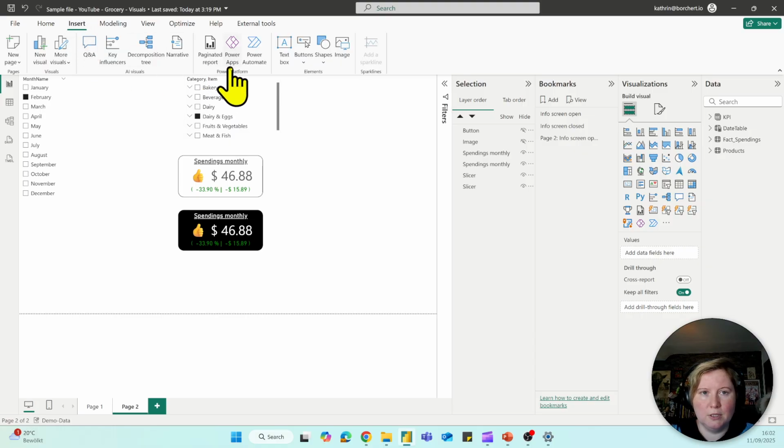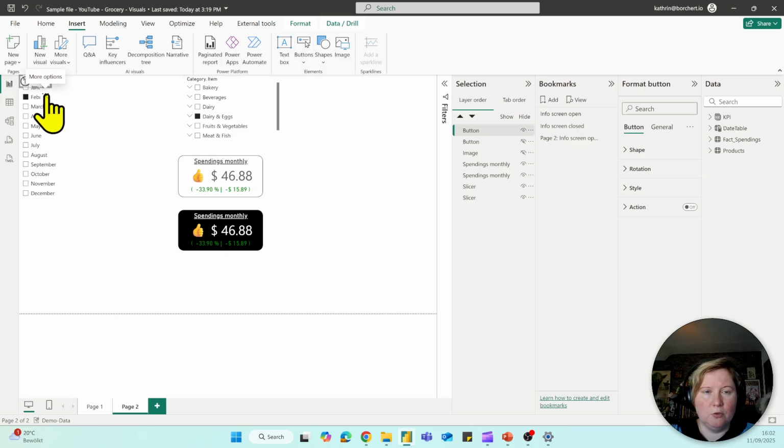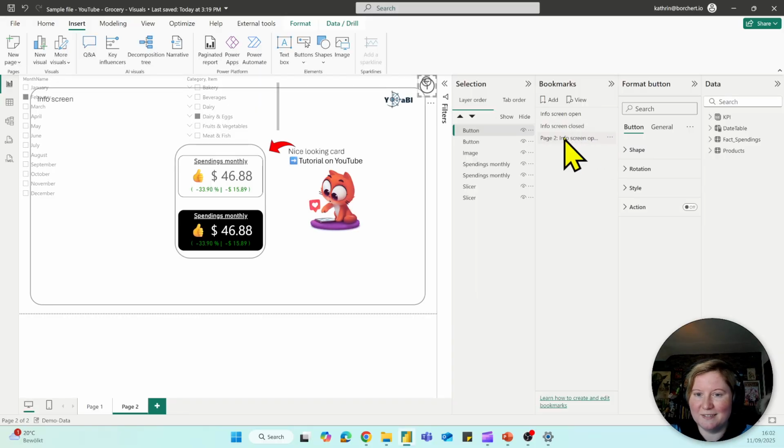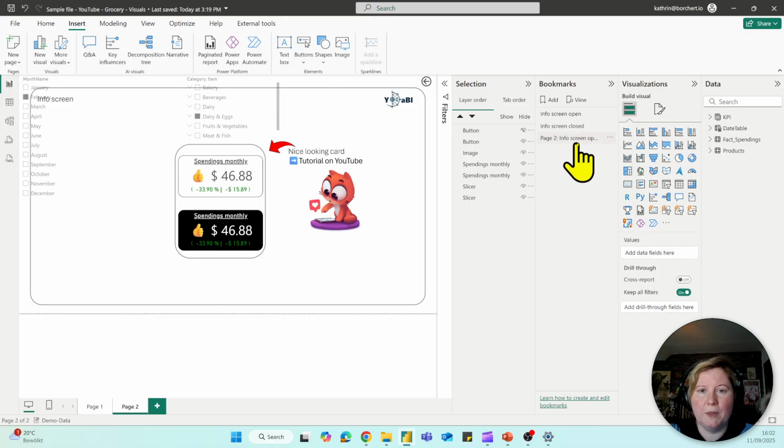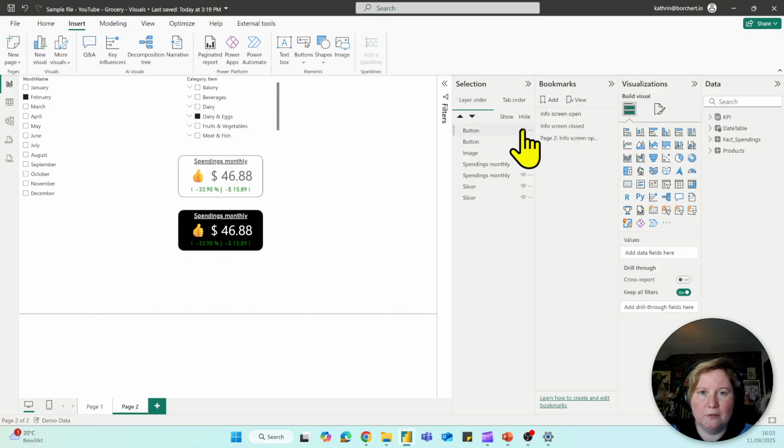And of course I need a button to open it. So I go on insert, I click on button, I click on information, click on the 3 dots, drag it in the right position, and now it's very important to update the page 2 info bookmark. Otherwise, what will happen if I click on it? You see, because it's not hidden. So now I can click on the button here, not on the first one, so on the info. And now I go on the 3 dots and say update. Okay, now it's correct. Now close the image and let the info button appear again.